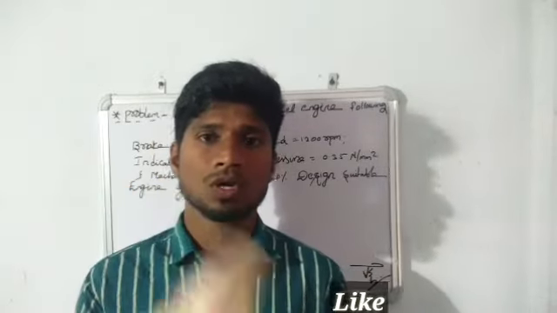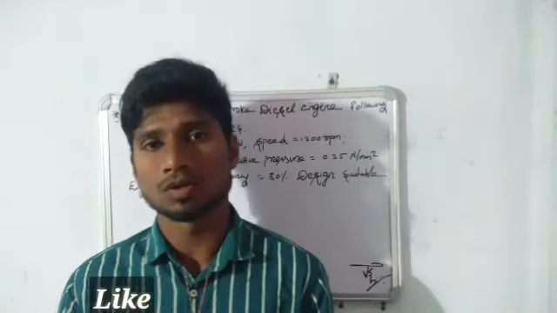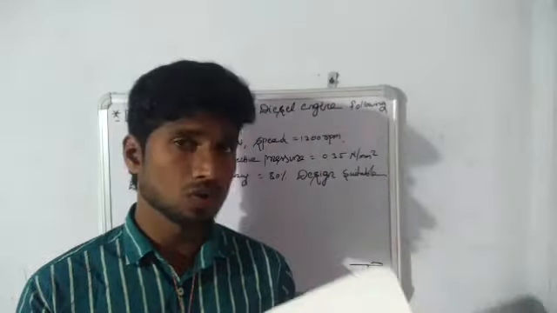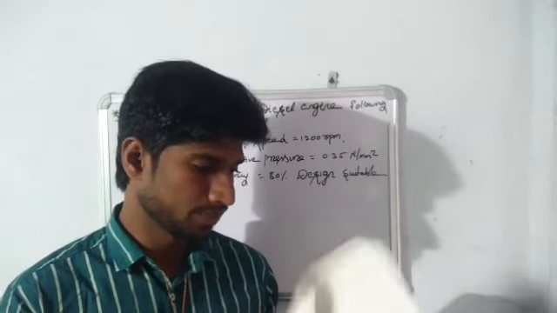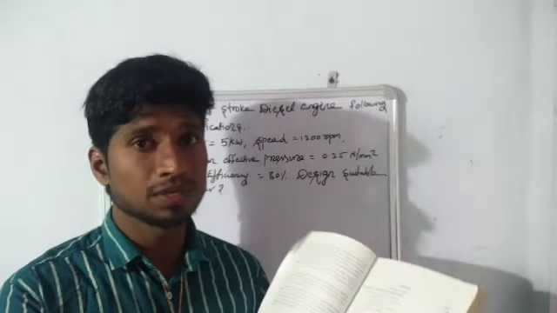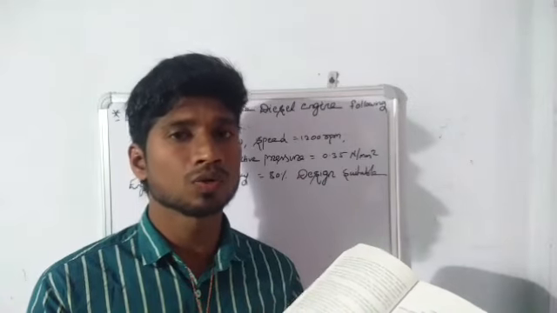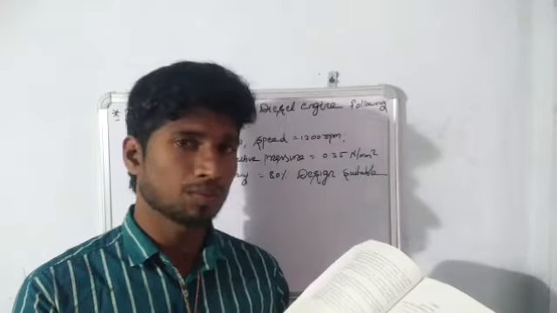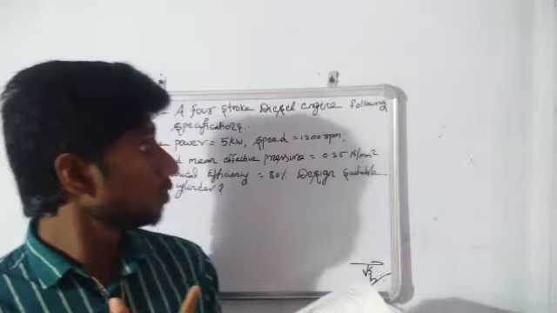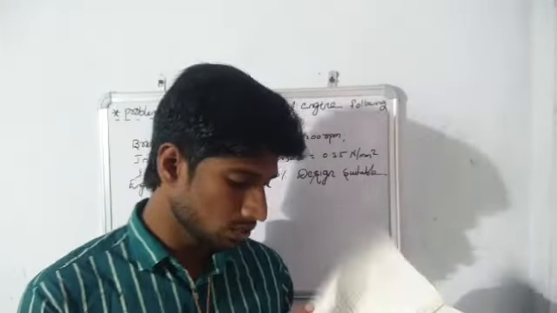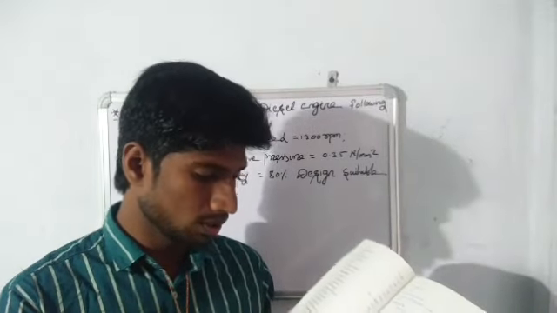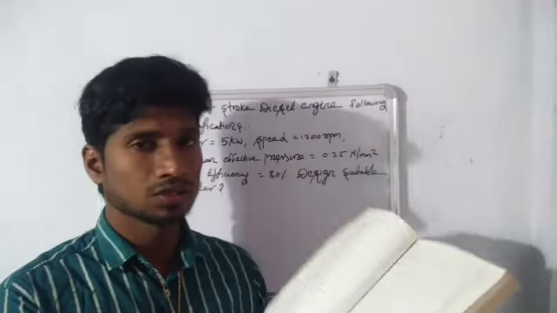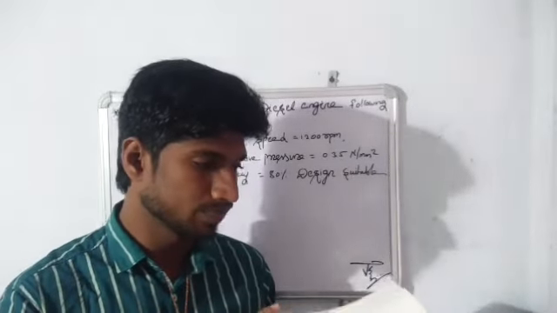This is the book authored by MD Jalaluddin and published by Anuradha Publications. If you see this book, these are the contents. That means these are the chapters where we are going to learn the concepts of design of machine members. Each and every chapter is here. Now we are going to focus on design of engine cylinders. The 13th chapter covers the design of engine cylinders and pistons. So go to the 13th chapter.